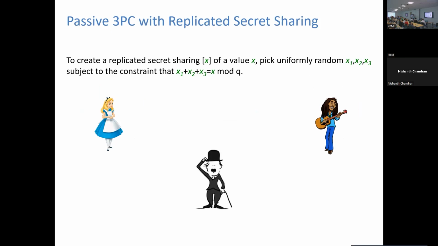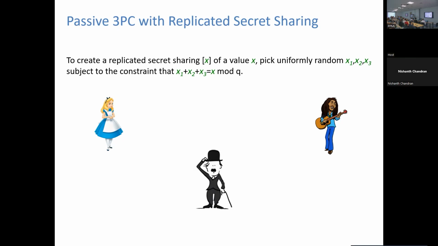So what is this scheme that I mentioned that is used a lot for semi-honest adversaries, the MPC from Araki et al.? Yesterday I was talking about additive secret sharings and how you use them to do computations. But you can do much better if, instead of additive secret sharings, you use replicated secret sharings, for this setting where you have 3 compute parties and 1 semi-honest corruption at most. So what is the idea here?